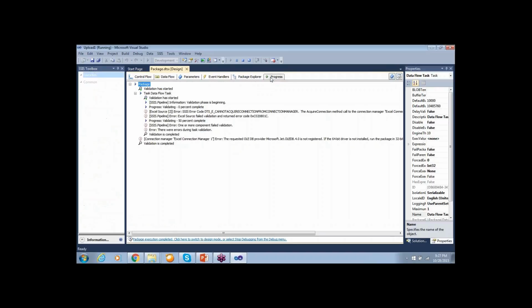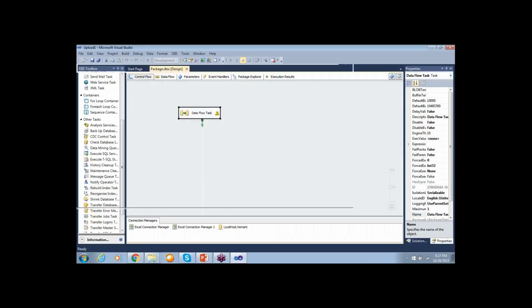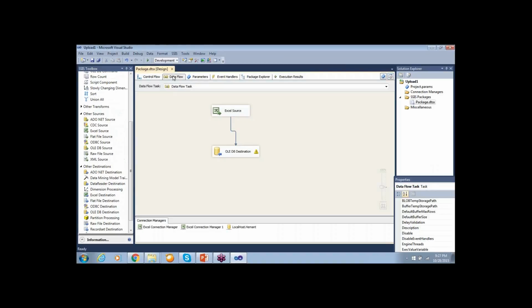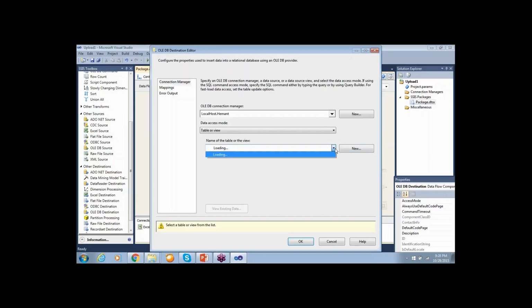see, some validation has started, and the SSIS coordinator, during the task validation, 50% completed. Okay. Go to data flow, stop this package, and go to data flow. You will find out why it is coming, and if I go here in knowing,